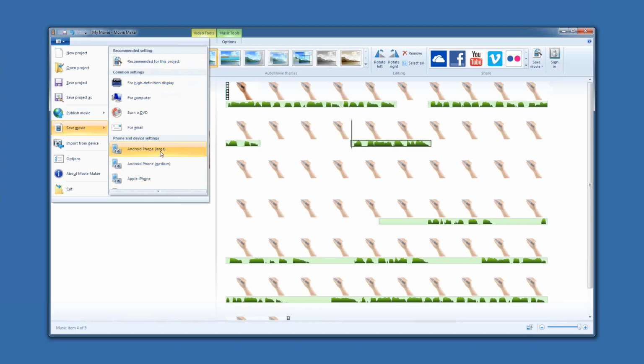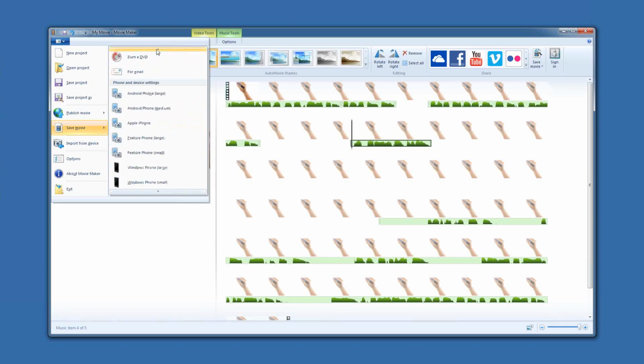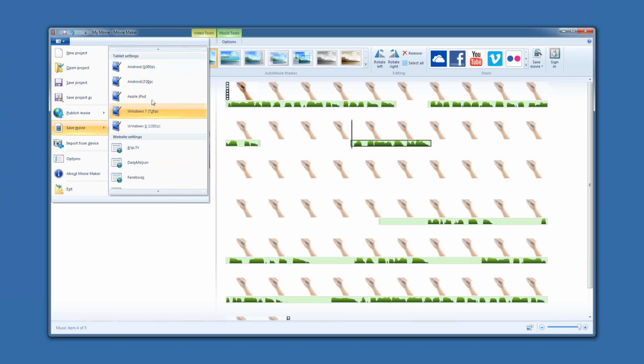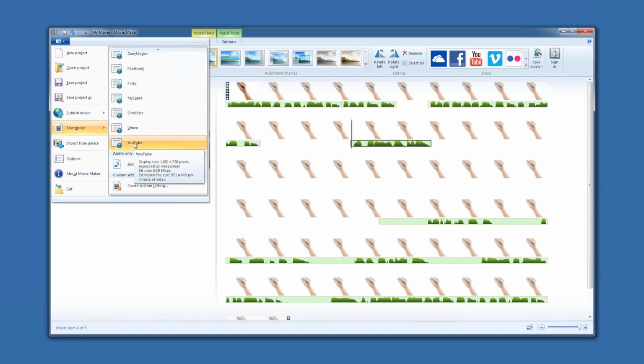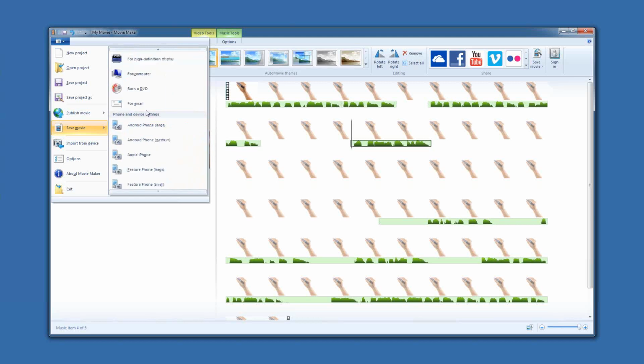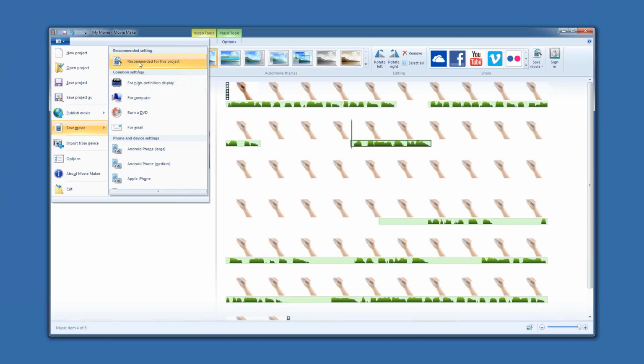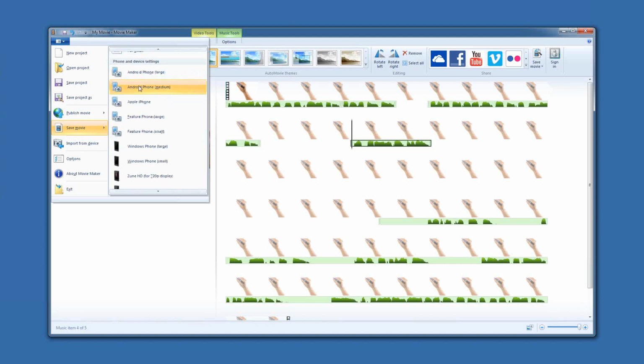If for some reason you can't find what you want up here at the top, you do have a ton of other options going down here. Some of these are designed for YouTube, for example. The YouTube one is actually not a bad one. It has the 1280 by 720, but it uses a lower bit rate, and this will actually end up reducing the file size. If you find that the default recommended settings are creating file sizes that are a couple hundred megabytes per video or something like that,